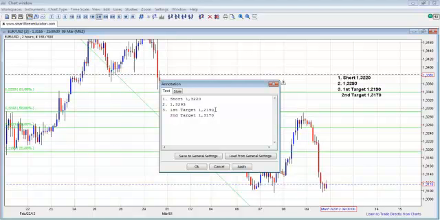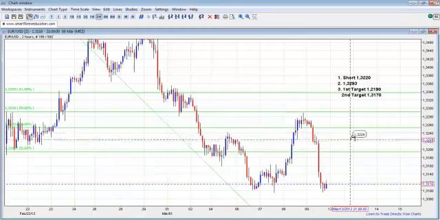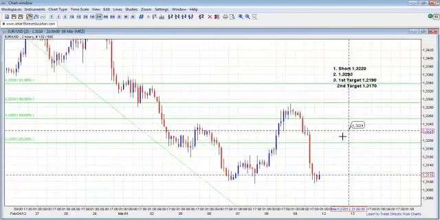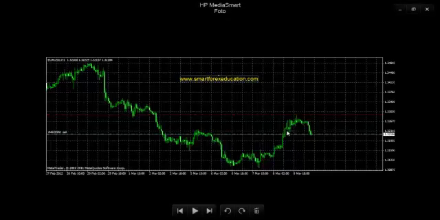of half of my contract size, and then my stop will go to break even. Okay, and then if it hits the second target, then I sell out of all the remaining position that I had. So just to show you, this was a screenshot that I took, and it was at about 9:05 on